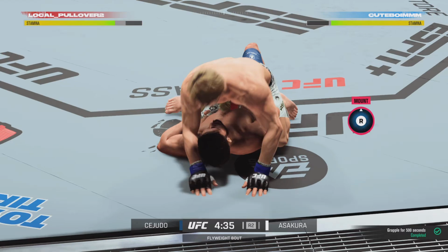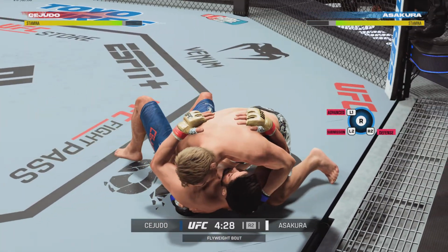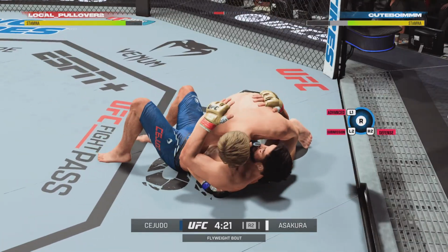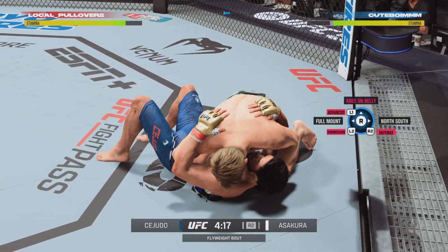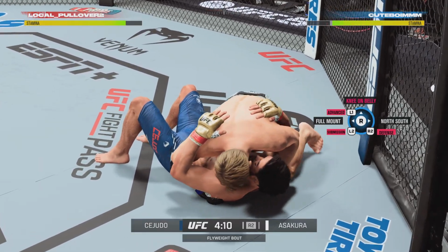All right, so as this next round gets underway, hopefully the good action we saw in the last round will continue. Both fighters certainly had their ups and downs, both got the offense going, but now we'll see if one fighter or the other can really take control of what has been a very close fight thus far. All right, let's go, let's get to the mount